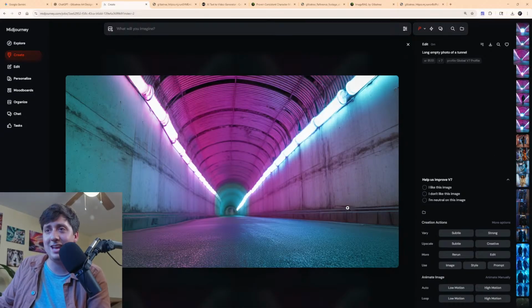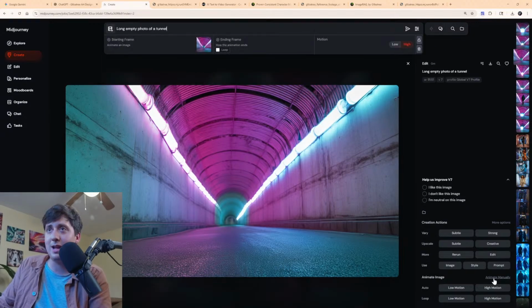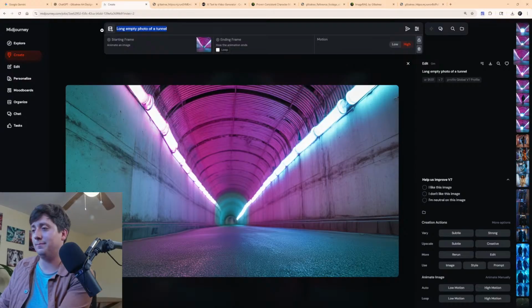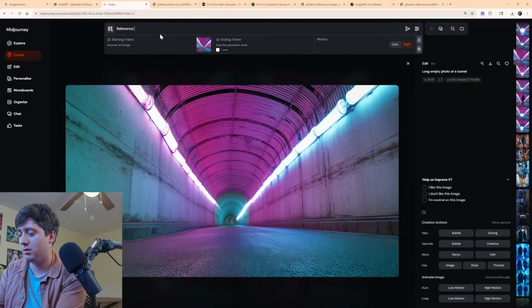If you want the video to show the side for a while, you would say something like: animate manually and then reference footage of a 360 degree rotation orbit viewing the tunnel, starting long and empty, then